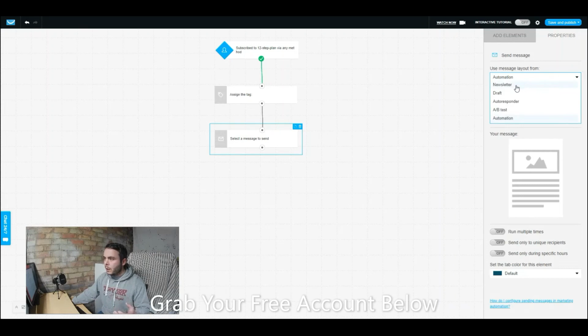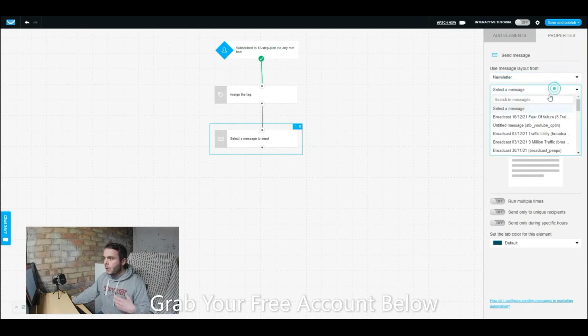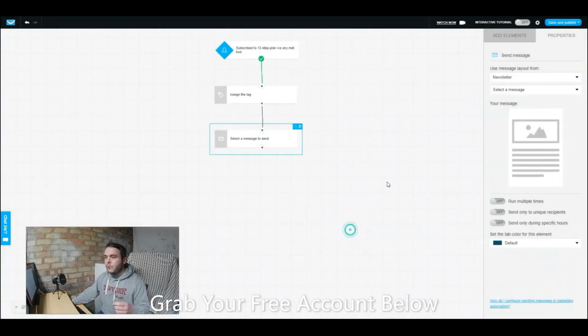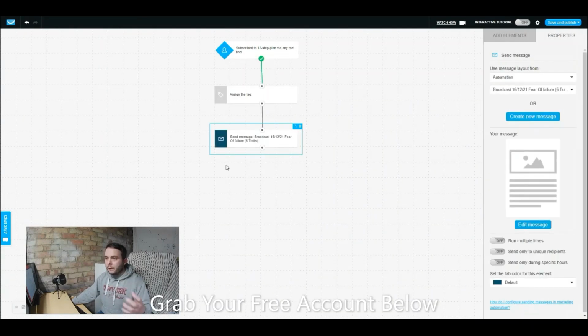So if I show you quickly, if I go over to newsletters, I can select all of my newsletters that I've used in the past, and if I click on them, it will copy that email over into your automations. So when you do that, you have to remember the vital part here that people forget: if you go back into your normal GetResponse account out of this automation and you go into newsletters, you see there's a link